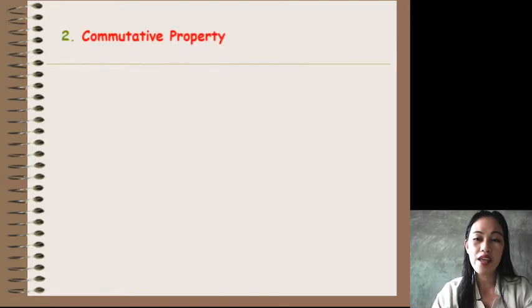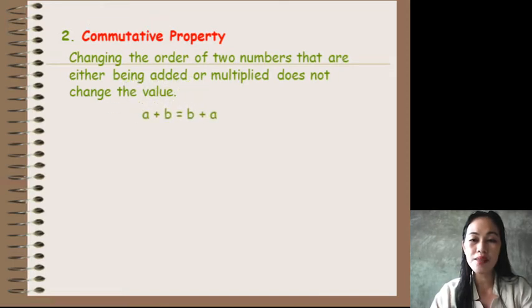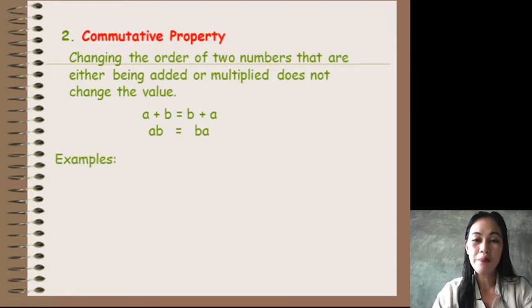Next property is the commutative property. Changing the order of two numbers that are either being added or multiplied does not change the value. So we have a plus b is equal to b plus a, and a times b is equal to b times a. Examples of this are,